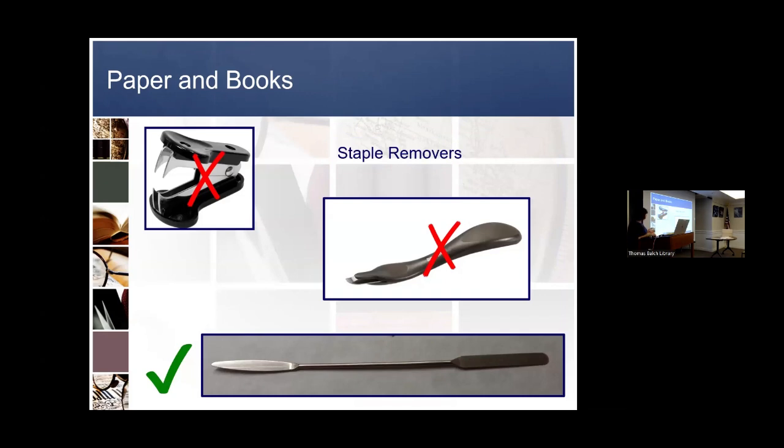How do you remove your staples? What you don't want to use is an office staple remover, because I'm sure we've all had the experience where you try to remove it and half of the paper comes off with it, right? I've never been able to use one of those successfully. I don't know how they're supposed to work. What you want to use is what we call a spatula, which is this little thing. Is that around? And the way that this works is,